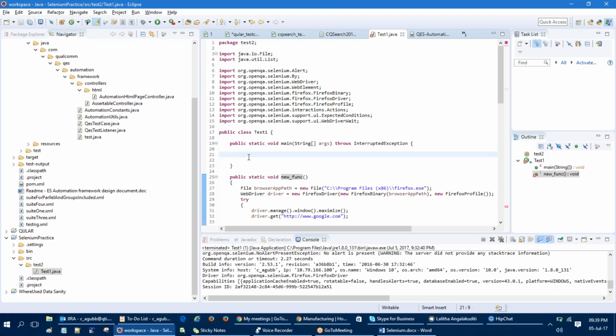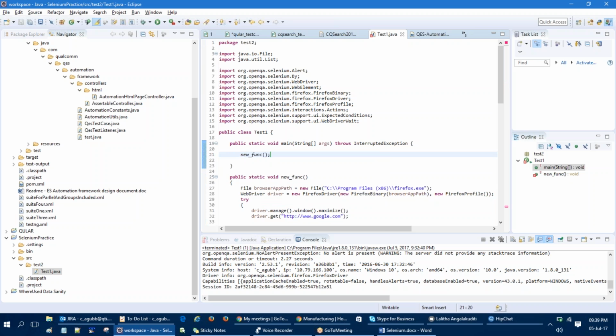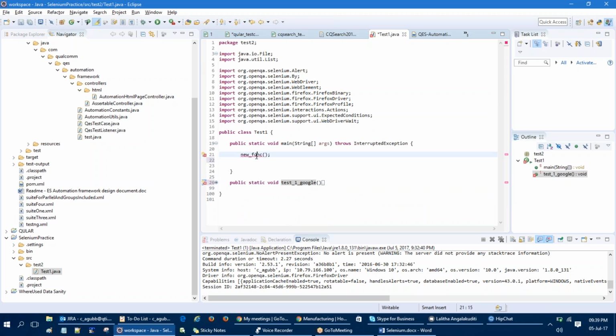And here I'll call my new function. Similarly, I can create multiple. Starting with the test, I'll create one, Google. Once I'm done with this test case, similarly I'll create another function,